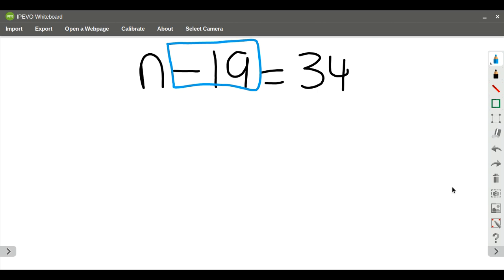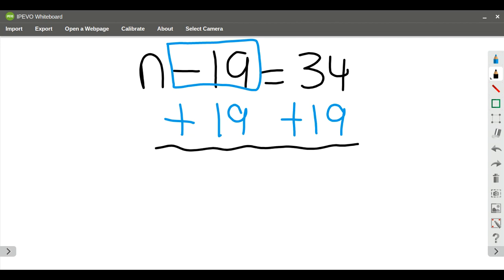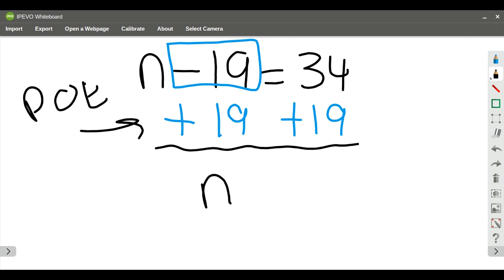So the opposite of subtraction is going to be addition. So I'm going to add 19 to this side. And when I add 19 to this side, over here I need to do the same thing. I need to add 19. So again, this right here is my addition property of equality. This shows me the property of equality. Okay? So once I add 19 to both sides, n is going to equal